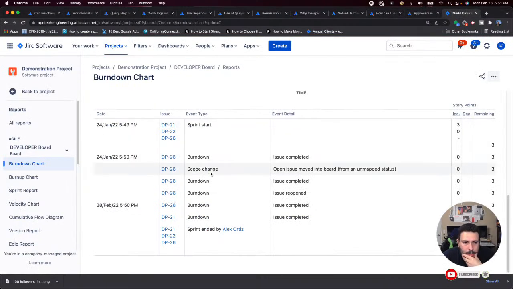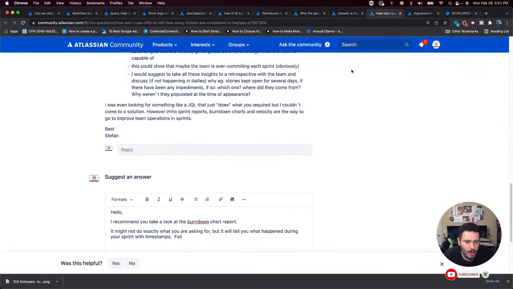And so it'll show you burn down. For every item that was completed, it will say burn down. For items that were introduced to the sprint, it will say scope change.